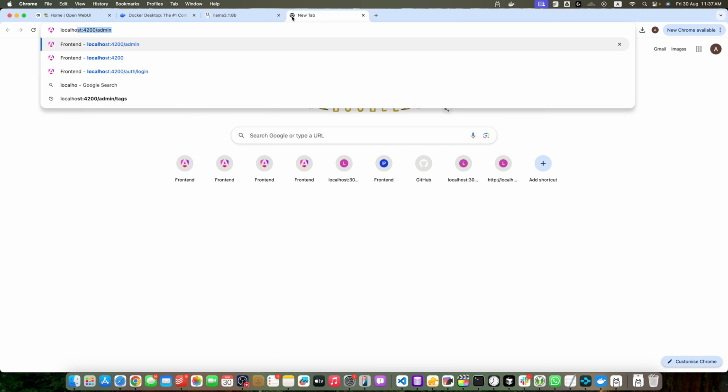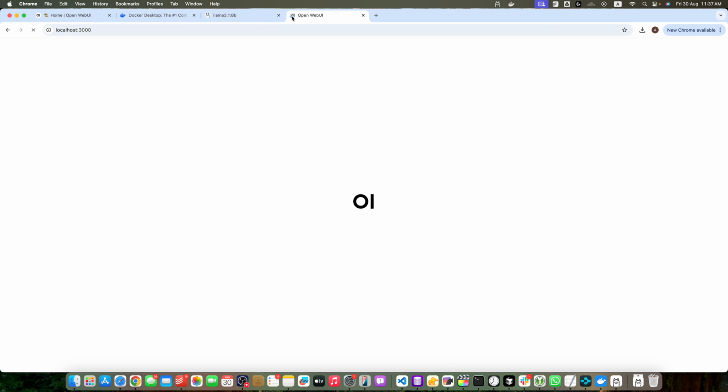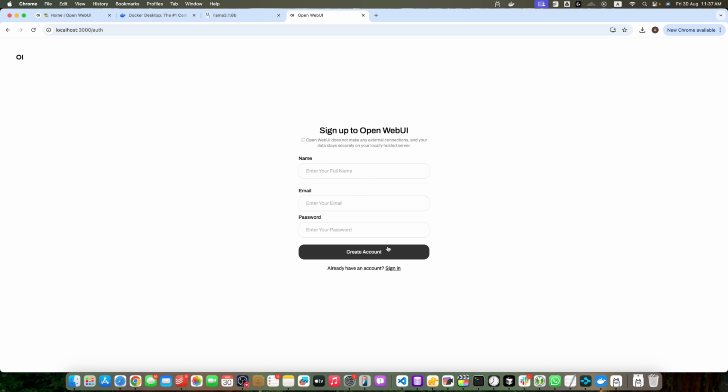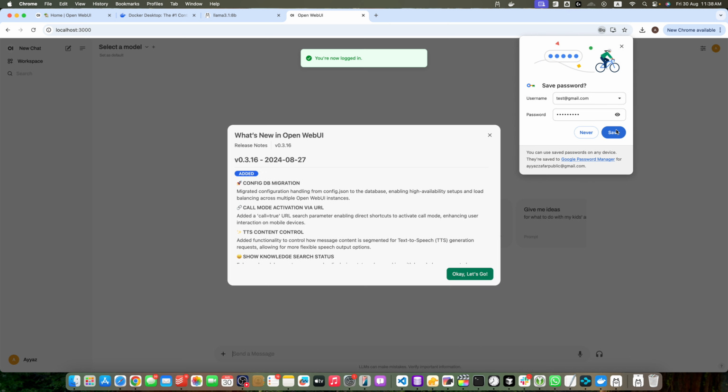Open localhost 3000, press enter, and you can see the UI is now opened. Now if you already have an account, then you can just sign in. But if you are doing it first time, then click on the sign up button and type the name, type any email. You can add a real email, or you can just add a dummy email like test@gmail.com. It's totally fine. Add the password and hit the create account button, and now you are logged in with a